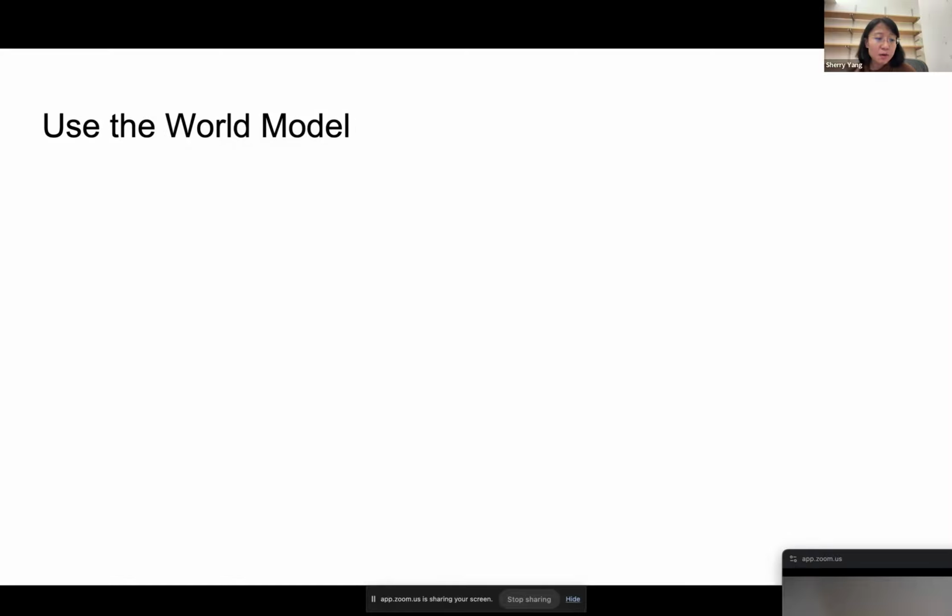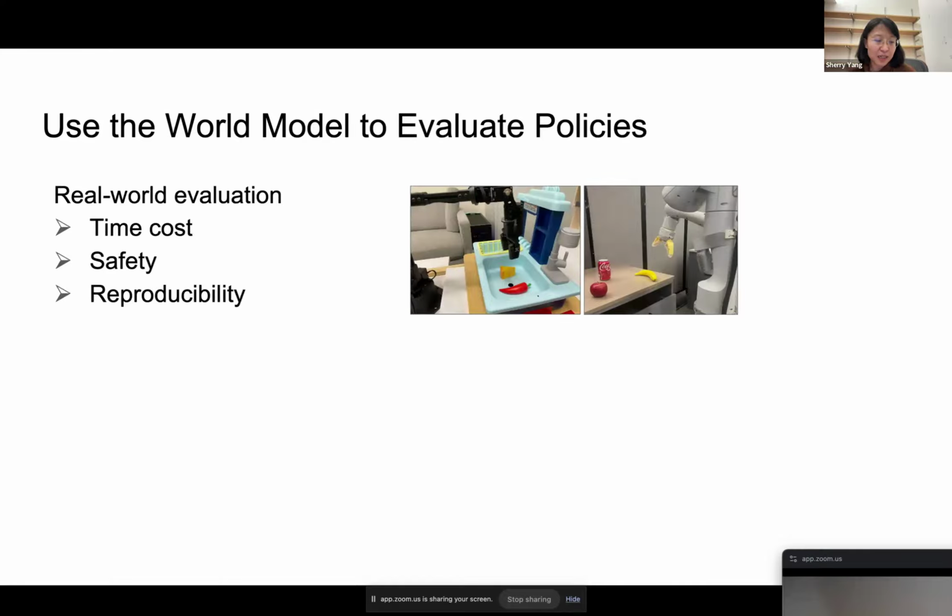So the most immediate usage of a world model that came to me was to use the world model to lower the cost of robot interactions, right? And specifically, we're just focusing on evaluating robot policies. If you look at how robot policies are evaluated today, it's basically some PhD students sitting in the lab day in and day out, running one robot at a time, trying to measure success rates. And you've got to be robust, so you have to run the same experiment, the same trial, 5 times, to try to measure some success rate. That's just a time sink, right?